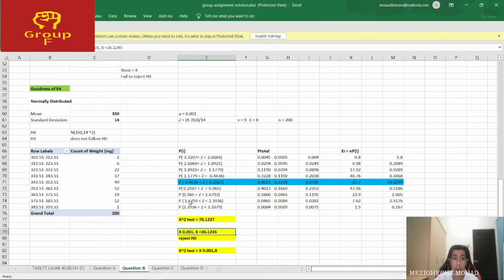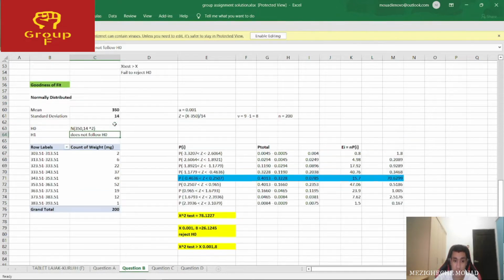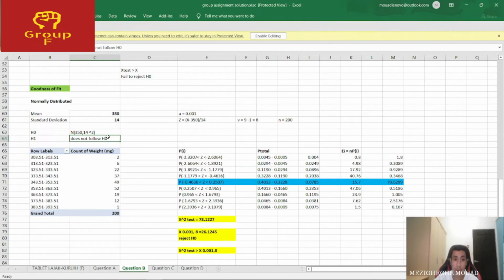And as we found here, using our goodness of fit, the x square test is higher than our x here, and the result is reject h0. The rejection of h0 is of course h1, so it does not conform to our normal distribution that was